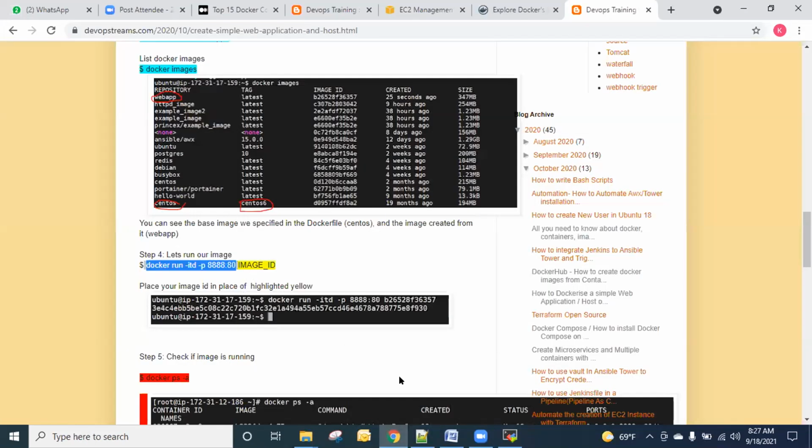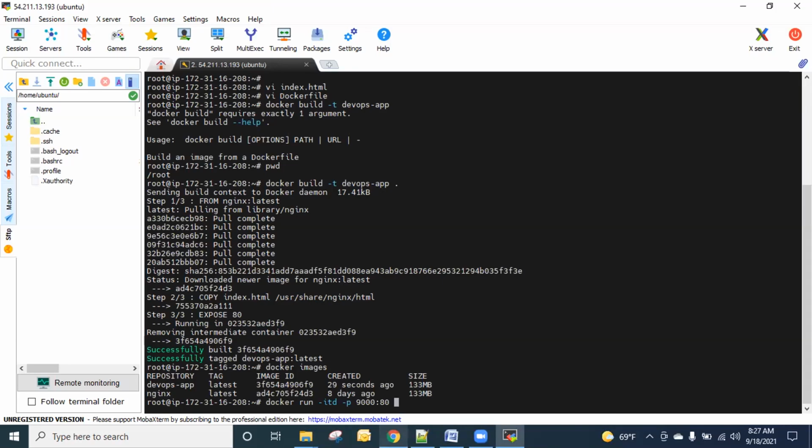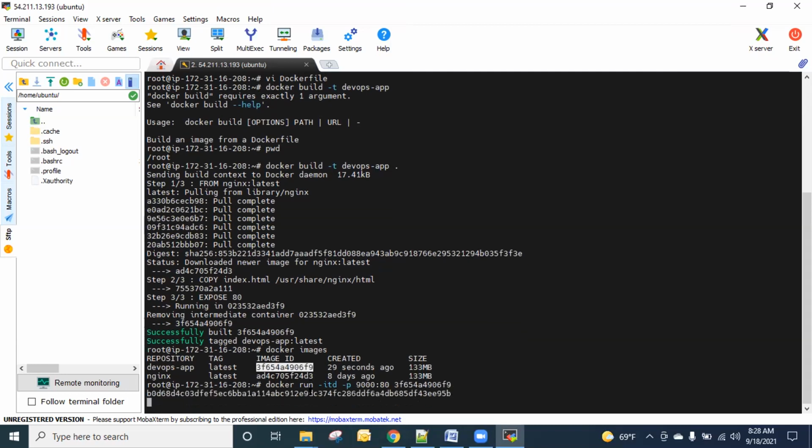Take the image ID. Where's my image ID? Now I want to run it, because right now it's an image, and I want to run it to become a container. I will come here and take the image ID. Just press enter, with -it and -d to detach, so we come out of the shell. We'll also use -it later. Did you see that? But let's go back to the